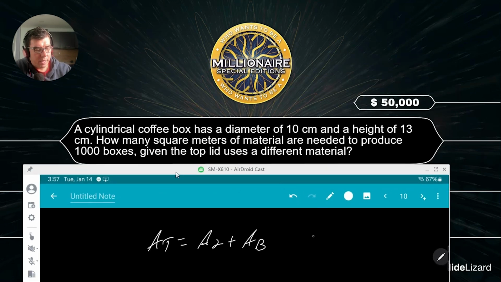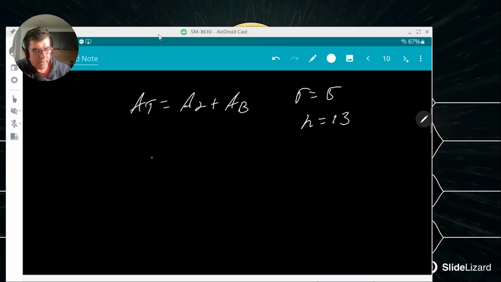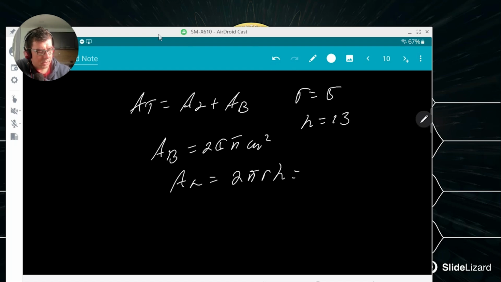We have radius equals 5, h equals 13, the height. So the area of the base is 25 pi square centimeters. The lateral area is 2 pi RH, which is 2 pi times 5 times 13. This is 130 pi centimeters squared, and therefore the total area is 130 plus 25, which is